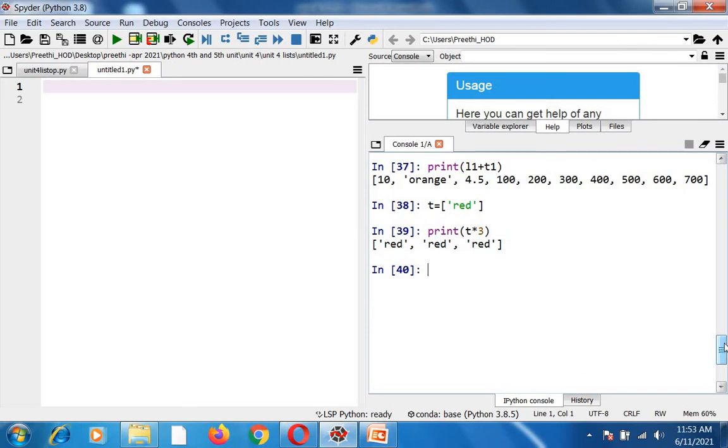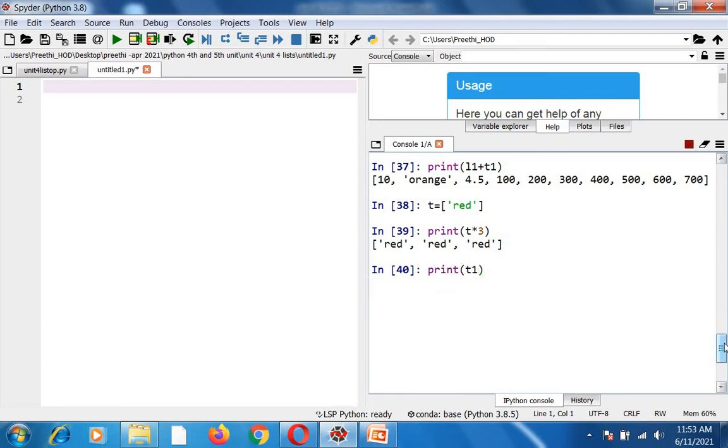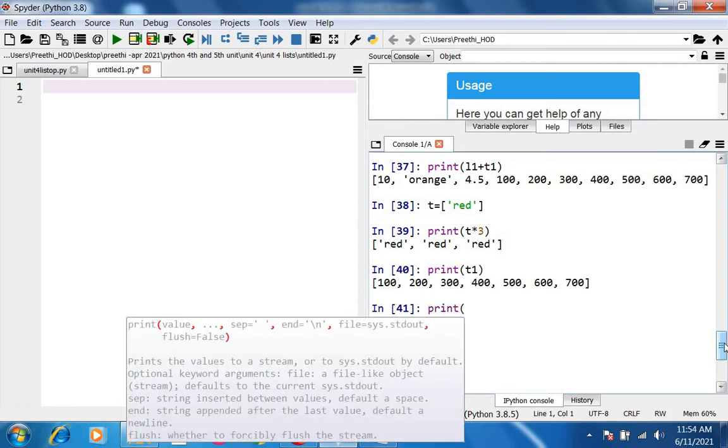Next we will see one more operation. Suppose I print T1. It has these set of elements. I can also use an operator called the in operator. I want to check whether, suppose, 2 is there in your list.